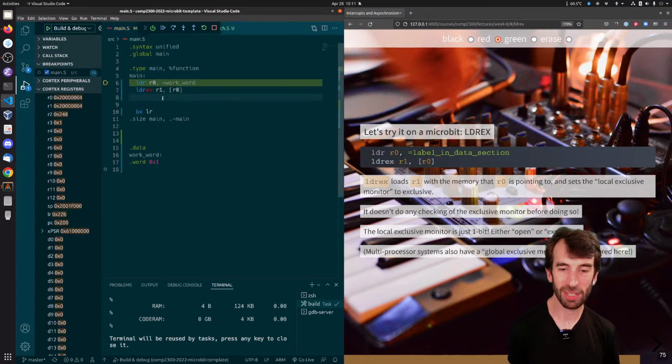So what about this exclusive thing? Well, the way it works on your micro:bit, on Cortex-M4s, is actually fairly simple. So when we do a LDREX, we set what's called a local exclusive monitor to exclusive. That's a very simple thing. The local exclusive monitor is a 1-bit location,